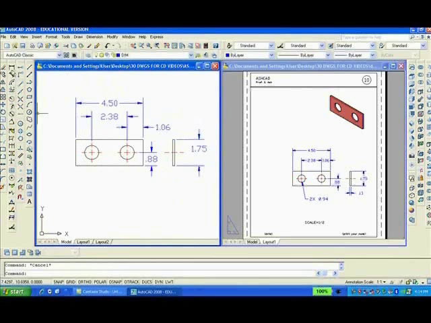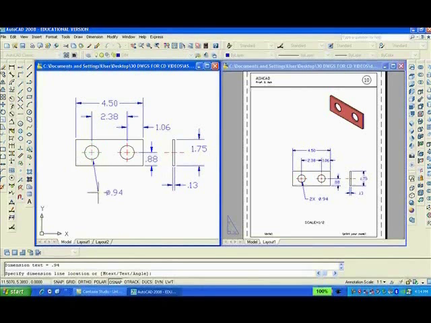Also, we want to put a dimension where the object snap is, from here to here, like that. And finally, we want to go to diameter and select any one of these, either circle, drag it down till you get that, and I can edit, ED enter,